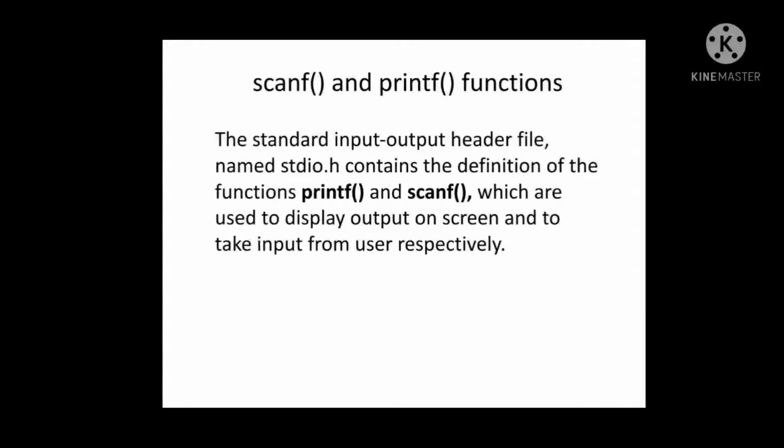C provides scanf library function for entering input data. This function can take all type of values. This function should have at least two parameters. First parameter is a control string which contains conversion specification character. It should be within double quotes. The conversion specification character may be one or more. It depends on the number of variable we want to input. The other parameters are addresses of variable.